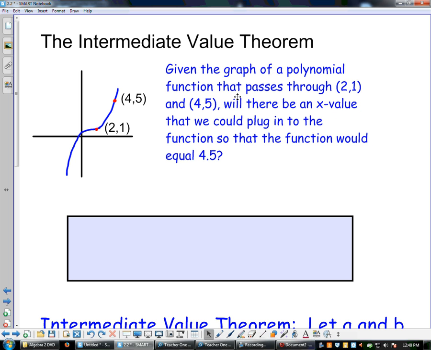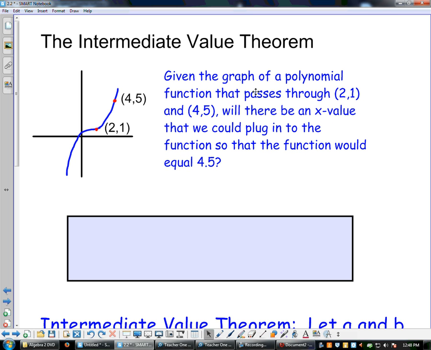All right, intermediate value theorem. Given the graph of a polynomial function that passes through the point (2, 1) and (4, 5), will there be an x value that we could plug into the function so that the function would equal 4.5? I'm asking you, for example,